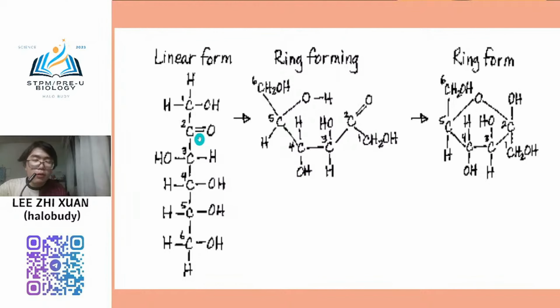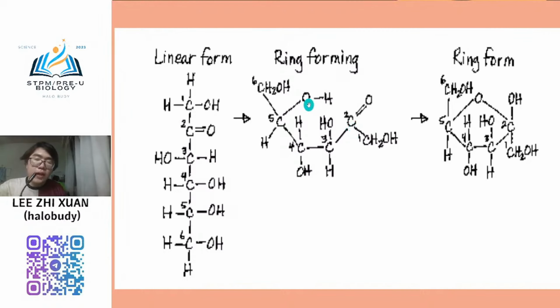This one is ketone. So meaning that it is at the carbon number 2. So similarly, you need to draw all the structure, the ring forming structure according to the carbon number. But carbon number 2